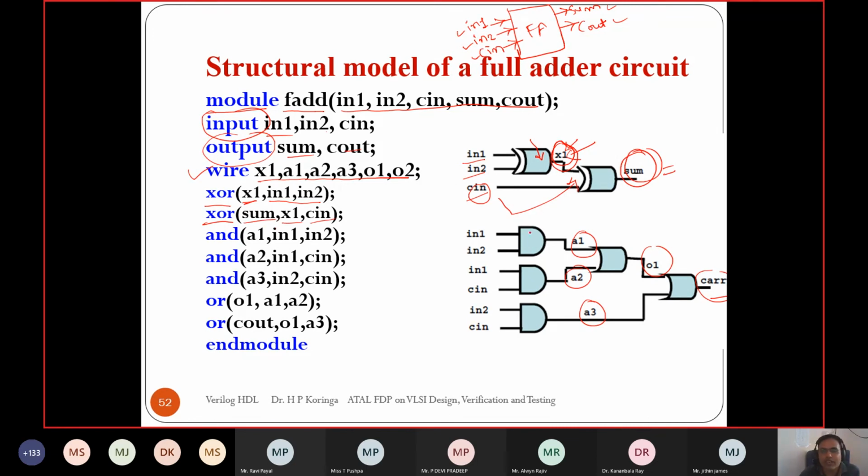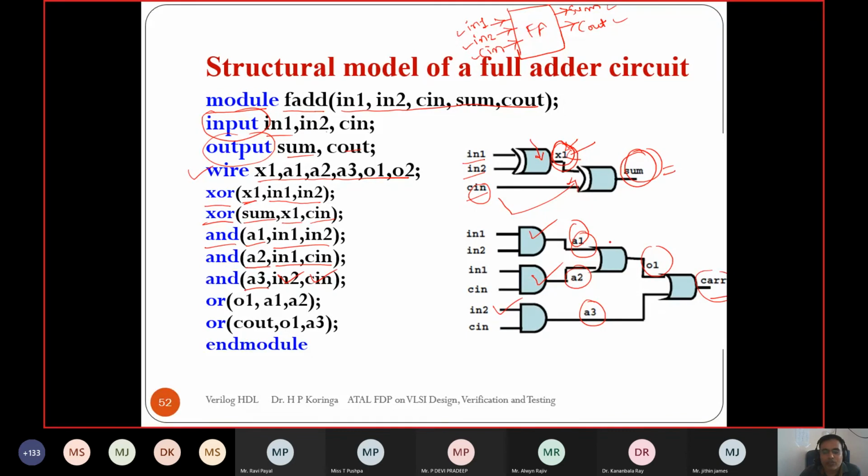Then this AND gate: the output of the AND is A1 and the inputs are in1 and in2. For the second AND gate, we want to store the output in A2, and the inputs for the second AND gate are in1 and Cin. For the third AND gate, we want to store the output in A3, and the inputs for the third AND gate are in2 and Cin.